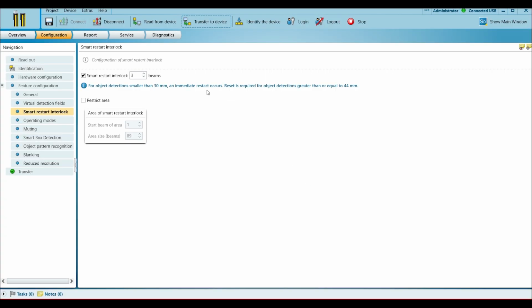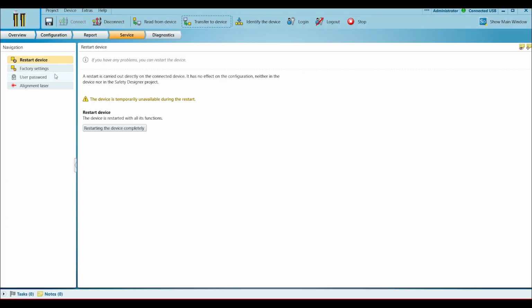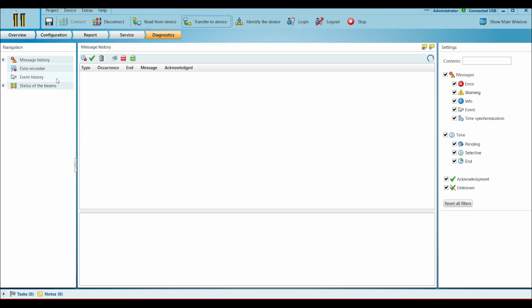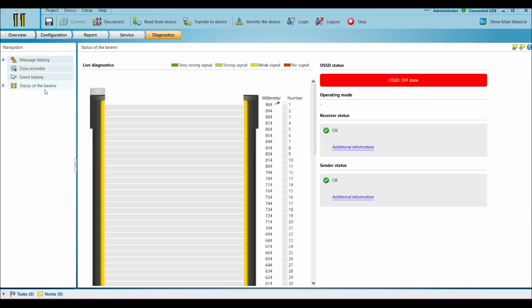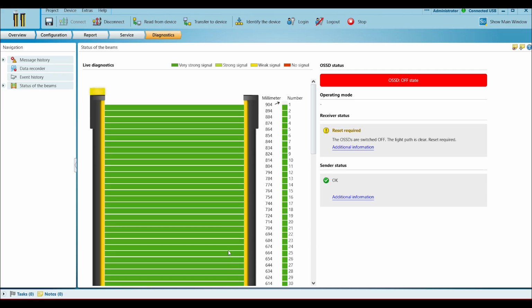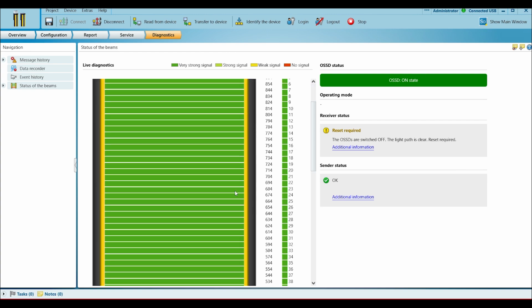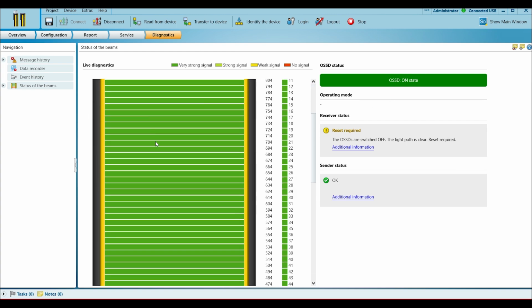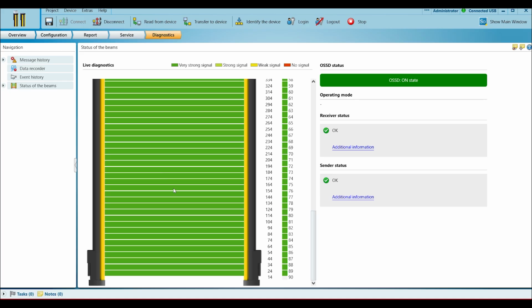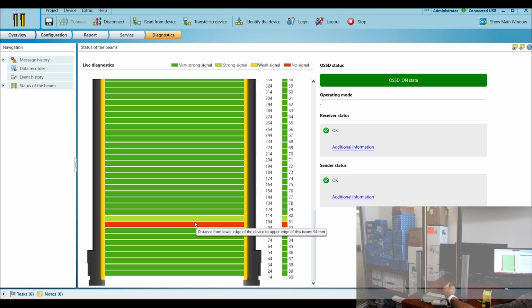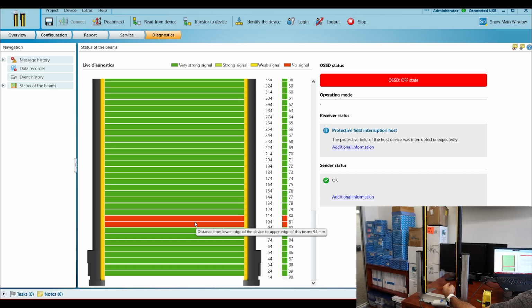Alright, so device is operational right now, and we can go in the service data, or the diagnostic data, and have a live view of the status. So I do have to press the reset once, and you will see the OSSD on state come in, and that's the feature of the software. Again, you can have a live view of the beams. And if I go on the bottom part of the beam and I put one finger in right now, what you will notice is